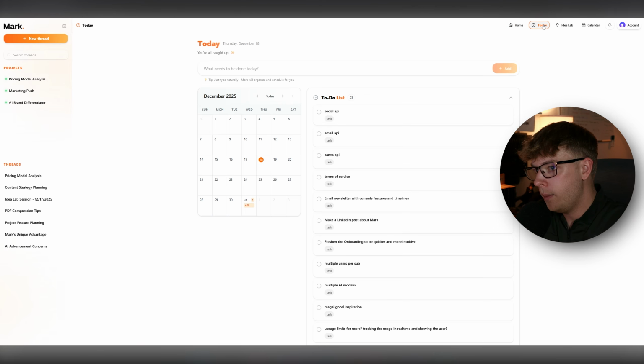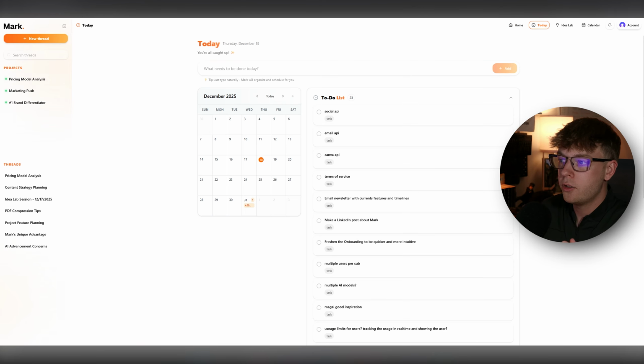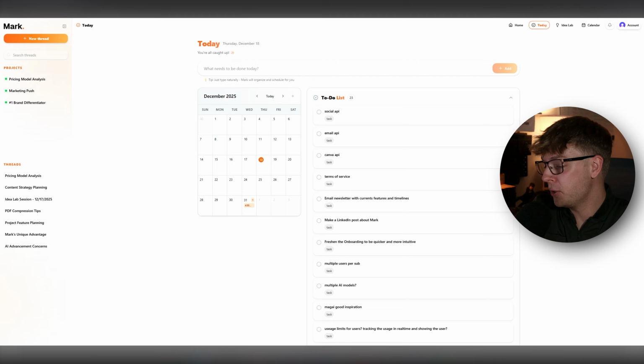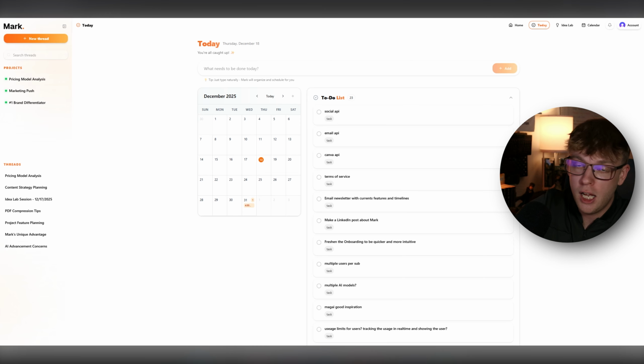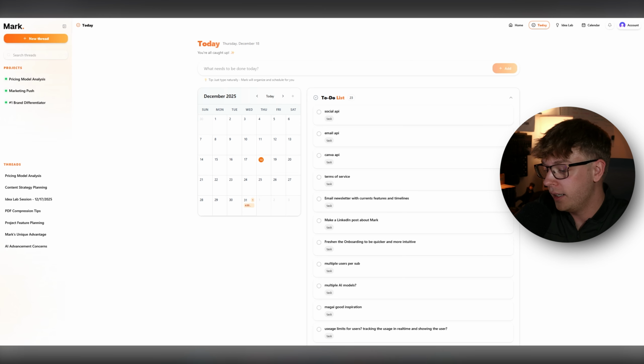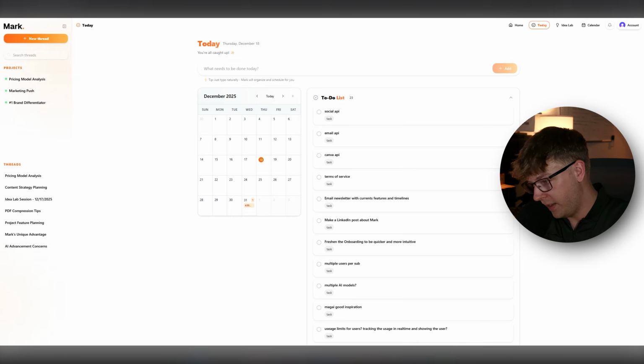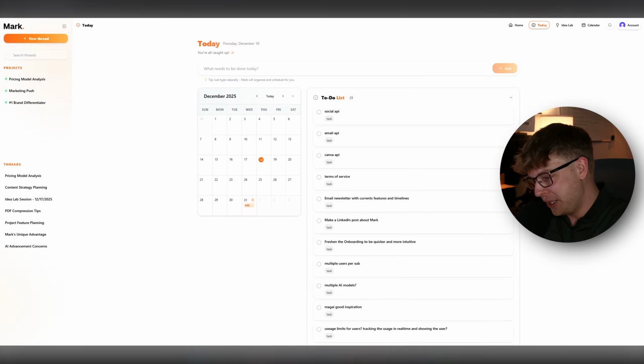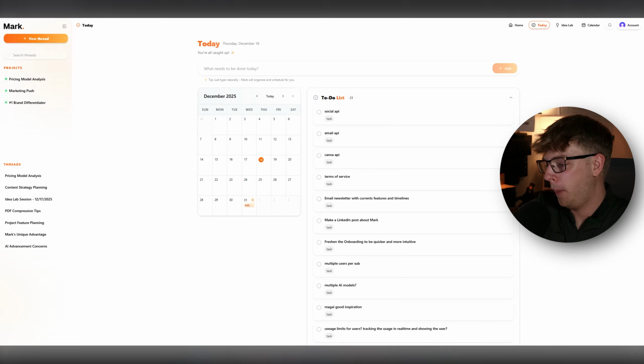Next up, let's go to the today page. This is where we're at here. Something for me personally in my day-to-day marketing job is I literally use a sheet of paper for the stuff that I do. Every morning I sit down and I write down my to-do list of the things that I need to do today, or the things that are rolling over from previous days. I literally physically write it down, which is nice,